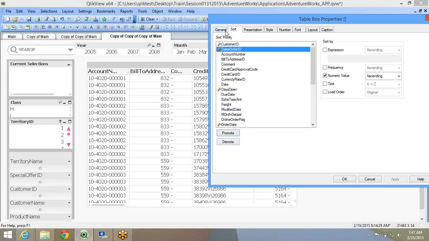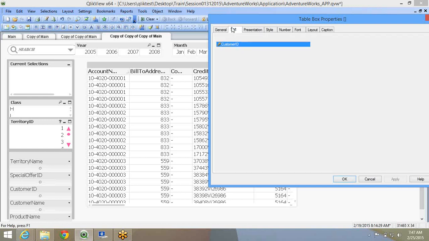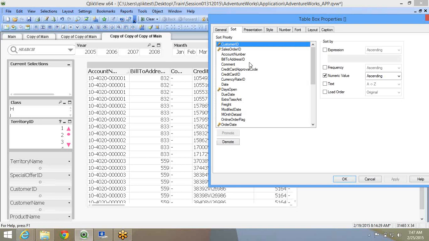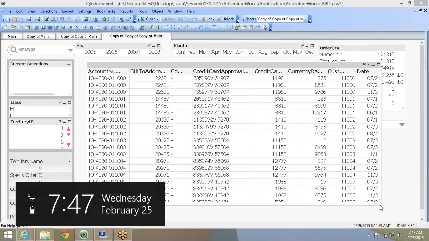So either I can use the same general tab sequence over here or use the sort special sequence. Now with this special sequence, the columns will not be rearranged. Columns will still be there in their own respective positions that we described, but only the sorting will happen on this. So if I say OK, now technically it is sorted by customer ID.